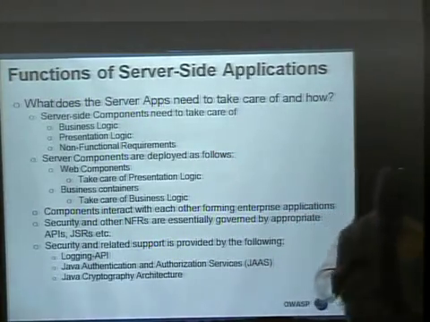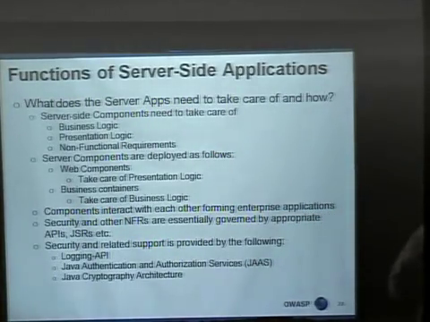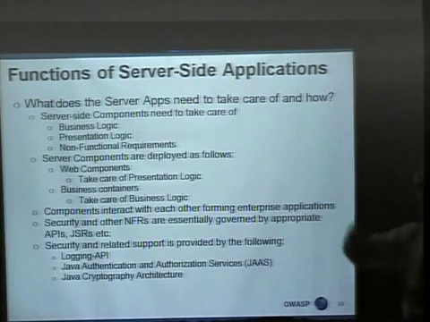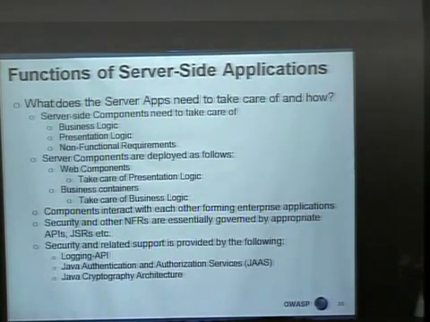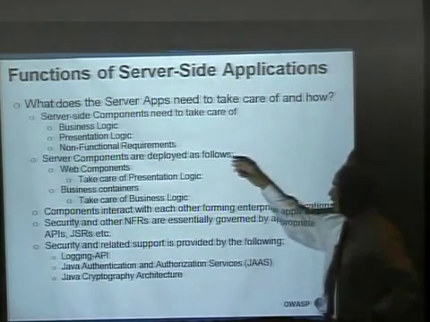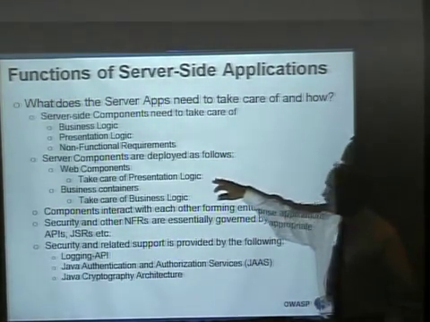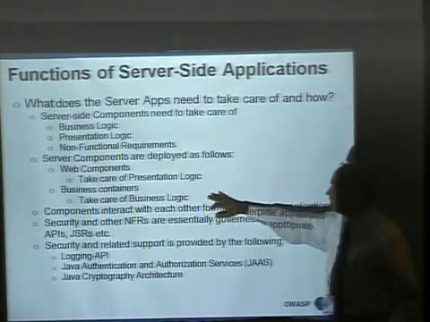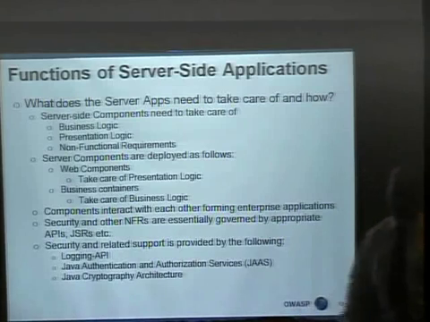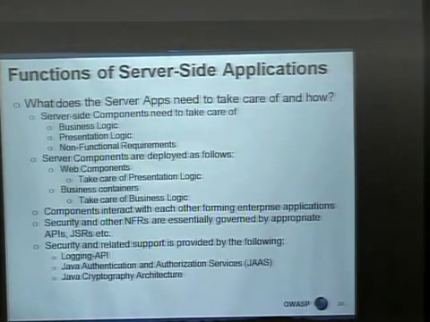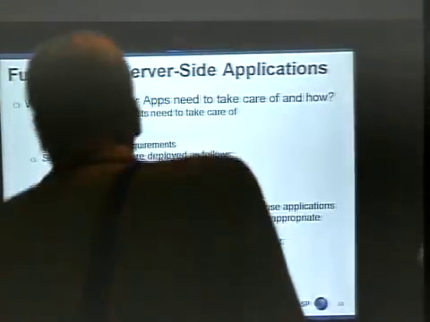Requirement, and most of such requirements come through the vendor-supported, vendor-provided application servers, which of course is a Java or J2EE or Java EE server in this case. Server components are two types, as I said, web components and business components. Web components take care of presentation logic as demanded, and business components take care of business logic as demanded. And these components interact appropriately to achieve whatever the application needs to be doing